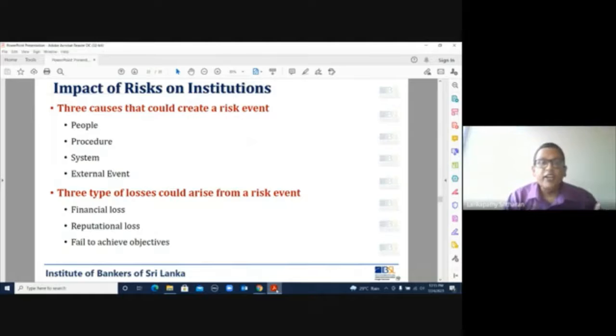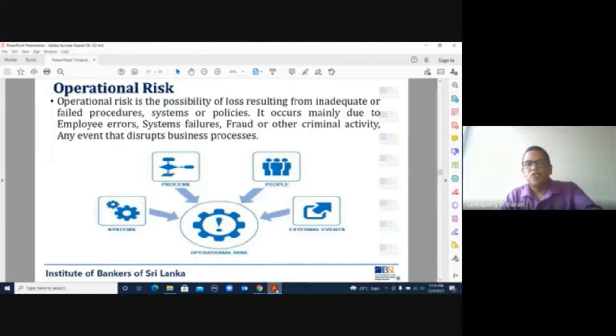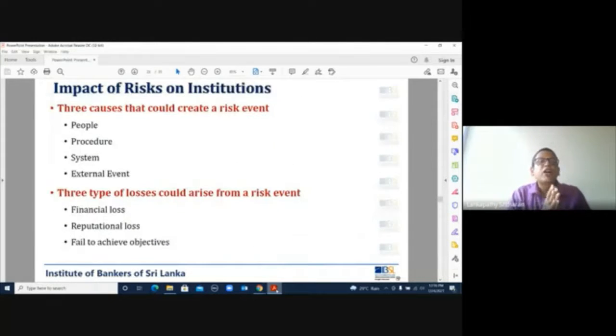There are 4 reasons for the non-financial risk, particularly operational risk. What are the 4 reasons? People, procedure, system, and external events. You may recall this graph, these things, operational risk. People, system, process, and external events. These 4 reasons, due to there are,